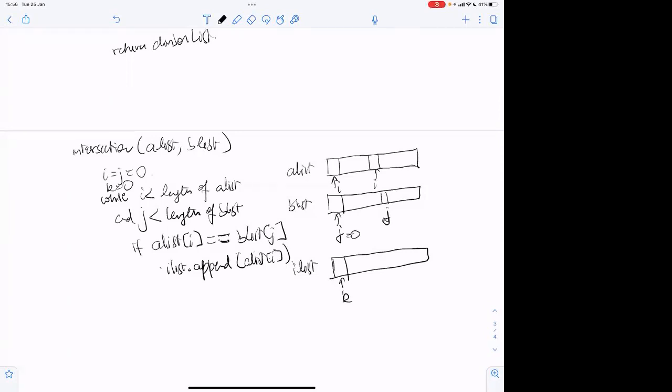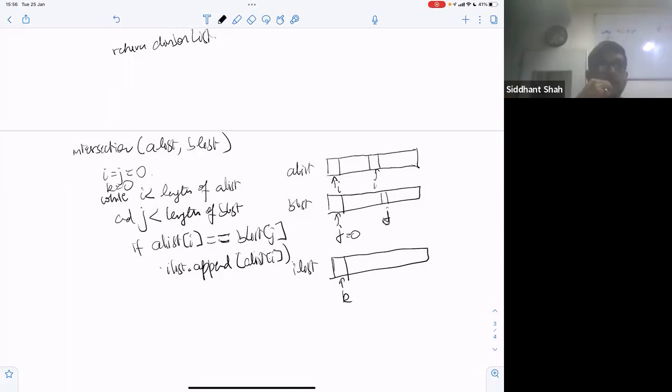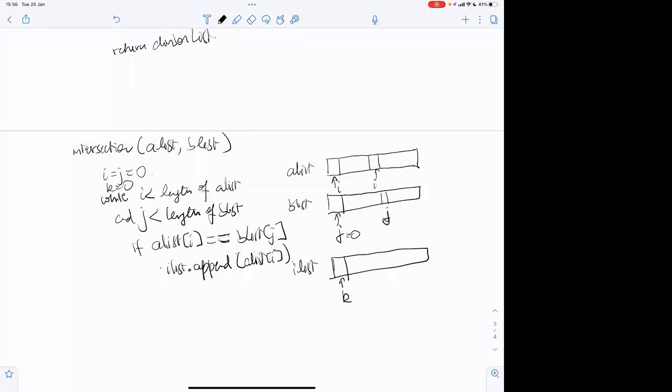this is more correct in Python because otherwise you would... So, sir, to append something to the list, we need to initialize it first, right? Yes, yes. So we would have to initialize I list as the empty list. And I'm not giving you exact Python code, but it can be converted to Python code. This is just pseudocode, correct? So append A list I, and what do you do? I is equal to I plus 1, J equal to J plus 1, correct?